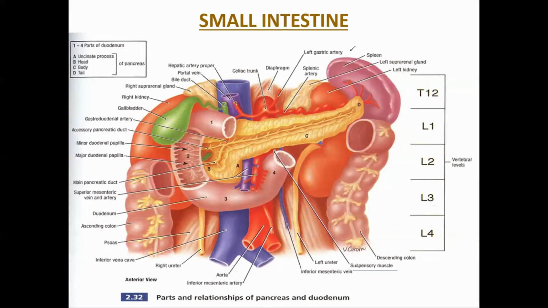The lesser sac lies behind the stomach, and anterior to the stomach is the greater sac. So these two sacs are communicated via the epiploic foramen of Winslow. Lower margin: the proximal 2.5 centimeter of this lower margin of the first part of the duodenum gives attachment to the greater omentum, and other parts are related with the head of the pancreas.